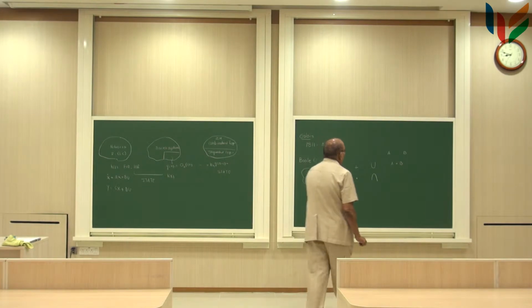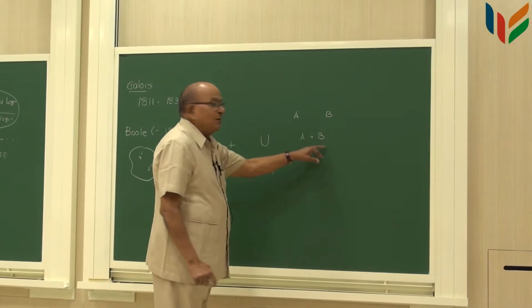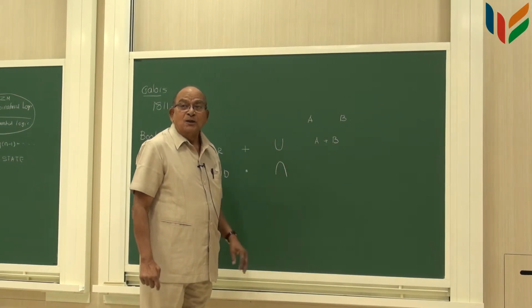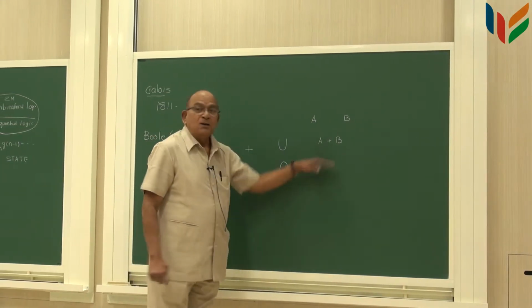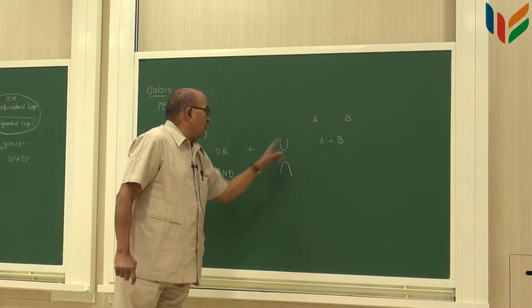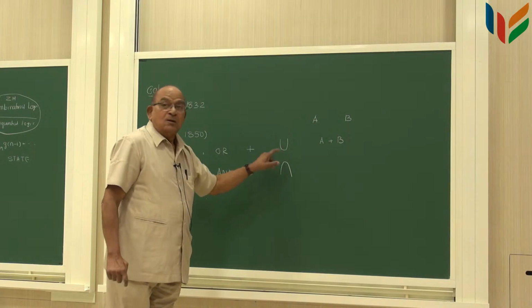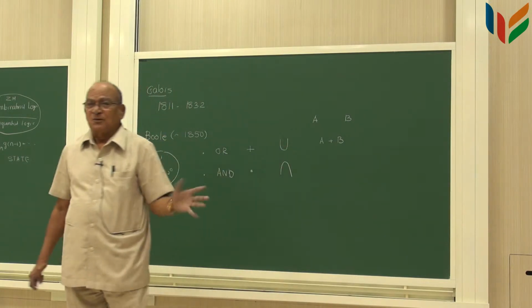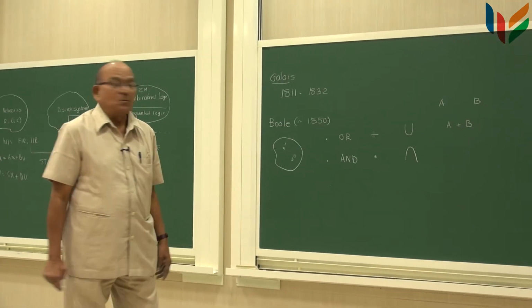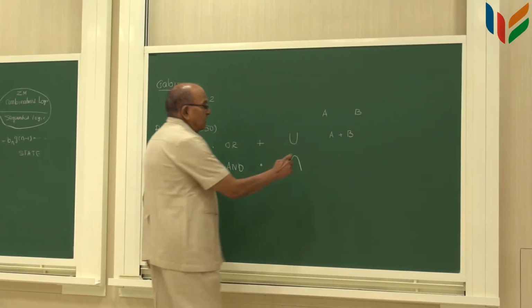So such variables, how to add them up, or so-called order them up, or union them up, is symbolically written as A plus B. Some people use this symbol to write A union B, but it's a bit more cumbersome to write the symbol all the time. So let us write A plus B. And this is called A dot B as a symbol.